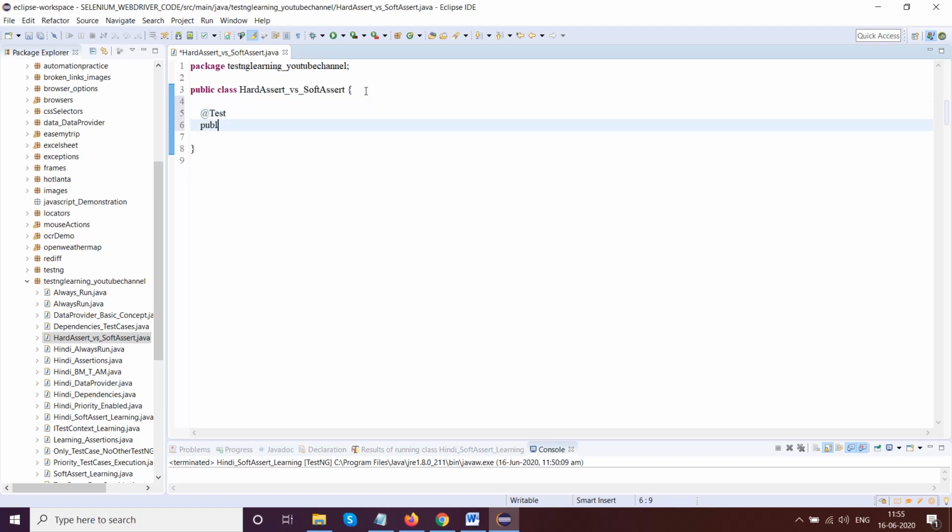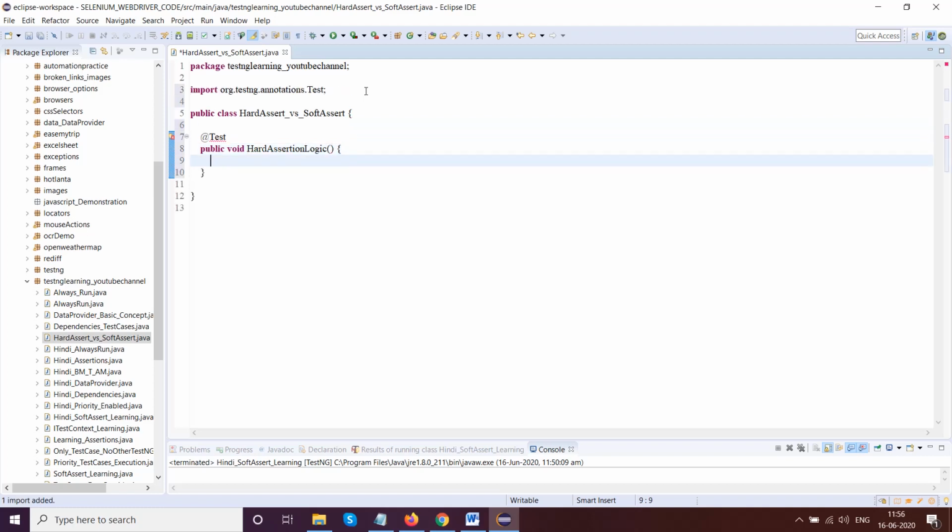I'll write public void hard assertion logic, and for the other test case I'll write public void soft assertion logic.